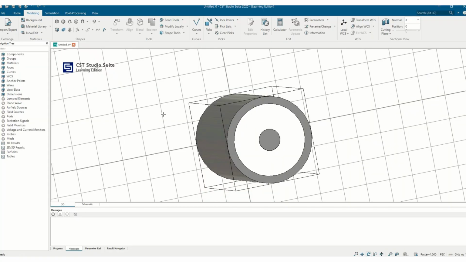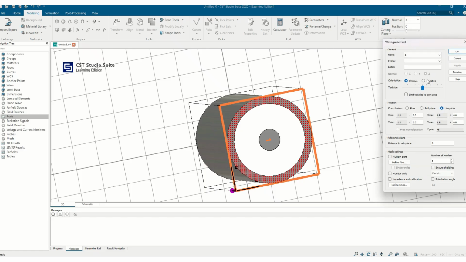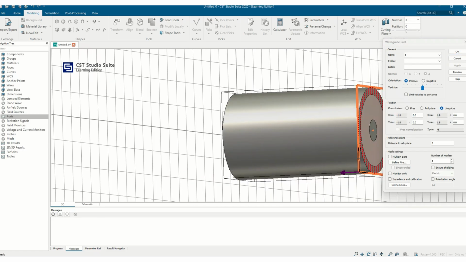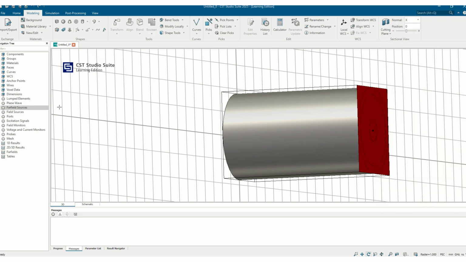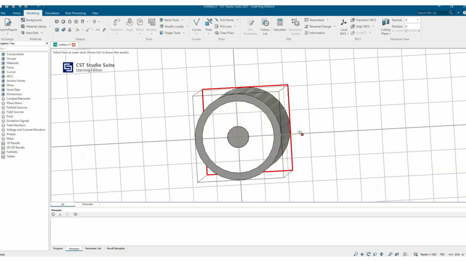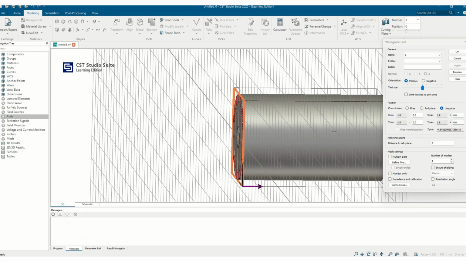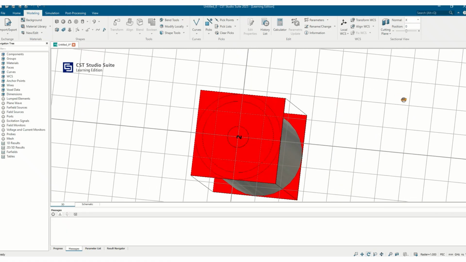structure. So if you want to simulate that, now we have to assign the port. So just click on F, it will select the face, and click here, ports, new waveguide port, assign the waveguide port. So you have to just make sure that this arrow direction is inwards, and if you have to assign the port on the other direction, click on here and assign port, new waveguide port. Just make sure that this arrow is towards the inner direction. So we have now two ports,